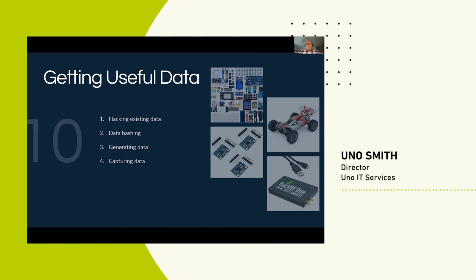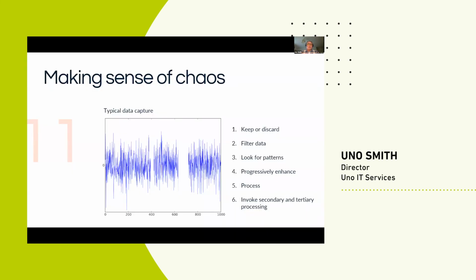Right. So now let's say that we've used one of these ideas to get to data. So we have data, and when you get your data, it looks a little bit like that, right? And you're immediately faced with an interesting problem. This is usually what raw data looks like when we get it into the system. It's fairly random. It's often gapped, as it is there. It's very difficult to make sense of what the pattern is in there. And if you're a data scientist and somebody gives you this, then you sort of roll up your sleeves, and you know that you're in for the long haul, because there's a lot of work to do. But there are, of course, ways of dealing with it.